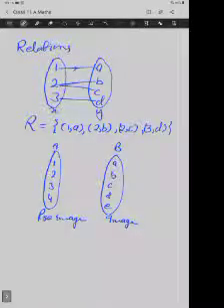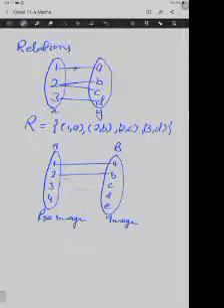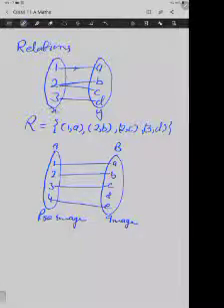We have done the idea about pre-images and image in a particular relation. Now, in this relation, 1 is related to A, 2 is related to B, 3 is related to C, and 4 is related to E. Now, nothing is related to D. So 1, 2, 3, 4 are the pre-images, and A, B, C, and E are known as the images. So we have got what are pre-images and what are images.